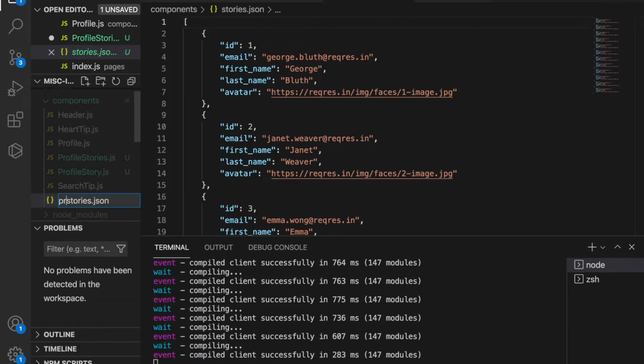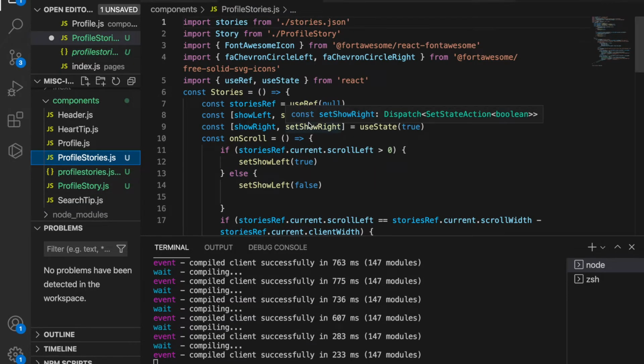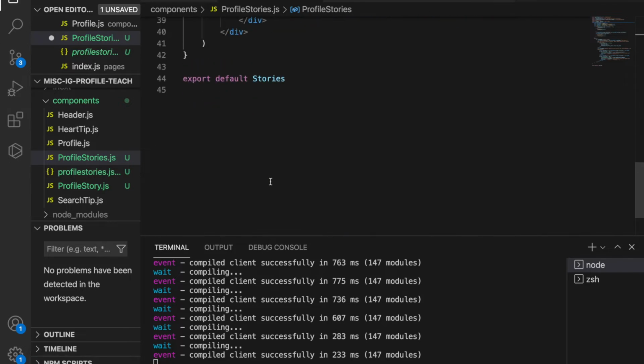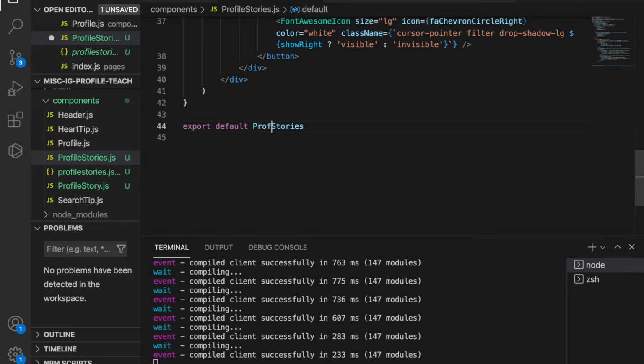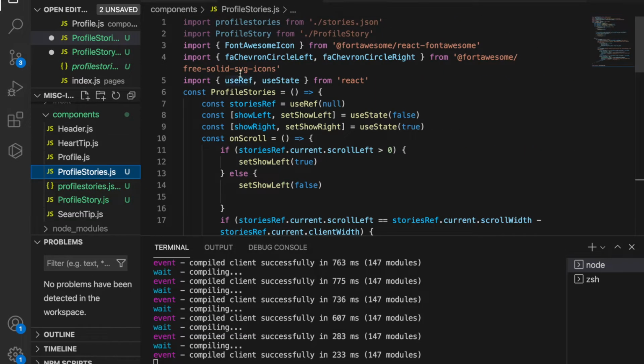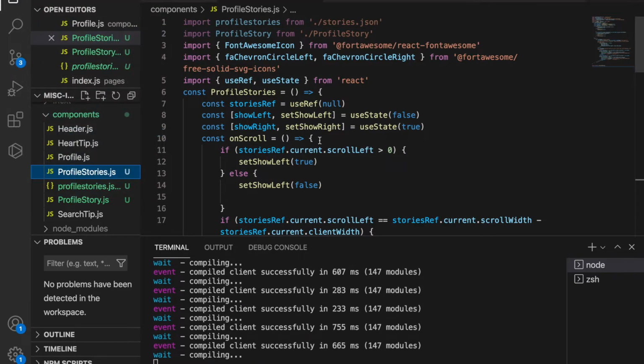this as profile stories. So now we are going to change the import. This is profile stories, and this should be the profile story, and we also change this to profile stories, and at last we also export as profile story, and we do the same for this one. Now I think we have done all the name changing, so we can save all, and then we go back